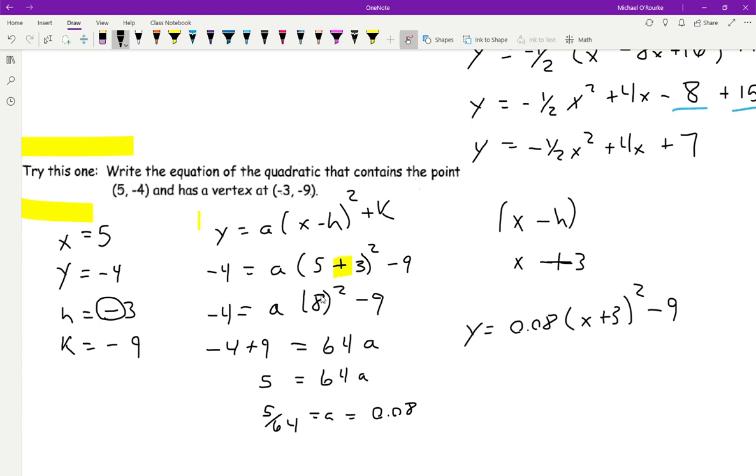Yeah, 8 squared. I just moved this in front of the a. I could have written it equals a64, but it looks a lot better as 64a, because we see that all the time. Those two things mean the same thing, a times 64 or 64 times